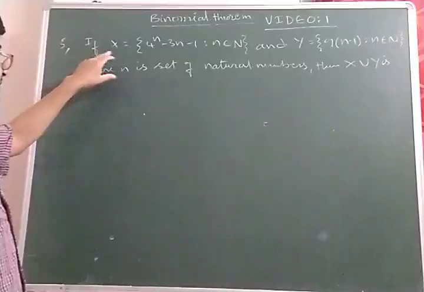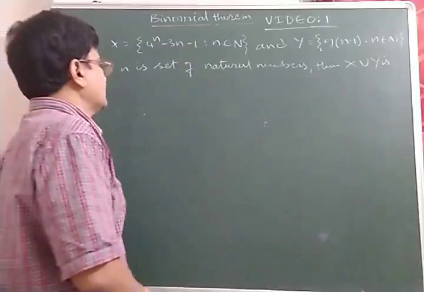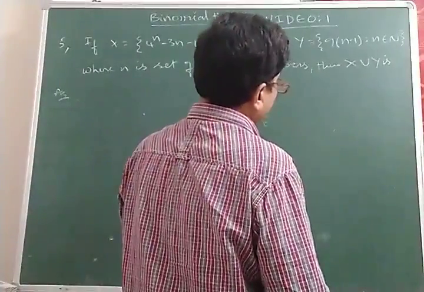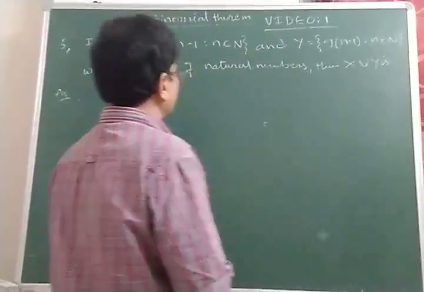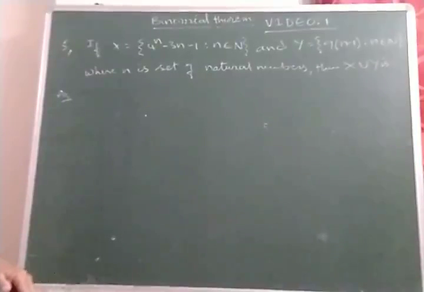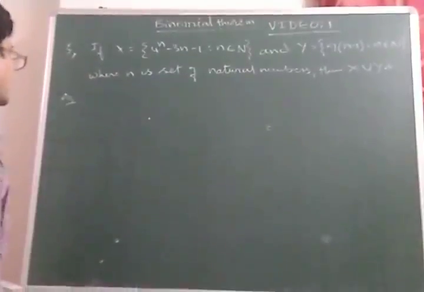Question number 5. If X is equal to the set of 4^n − 3n − 1 such that n belongs to the natural numbers, and Y is equal to the set of 9(n − 1) such that n belongs to the natural numbers, where N is the set of natural numbers, then X union Y is equal to